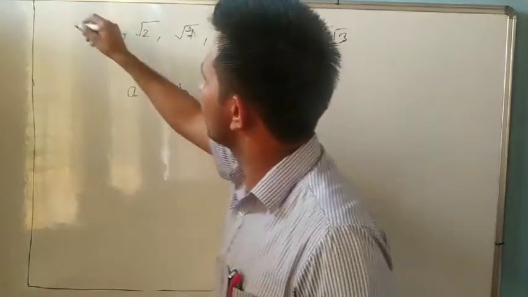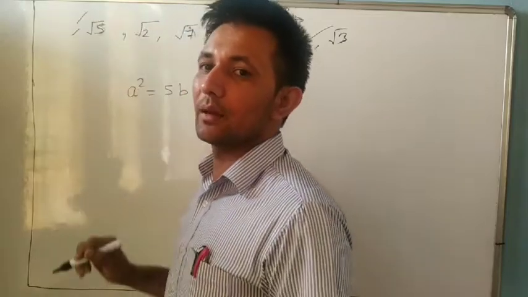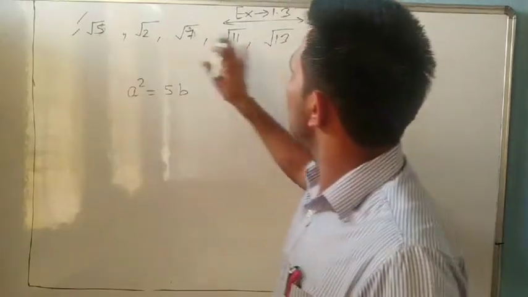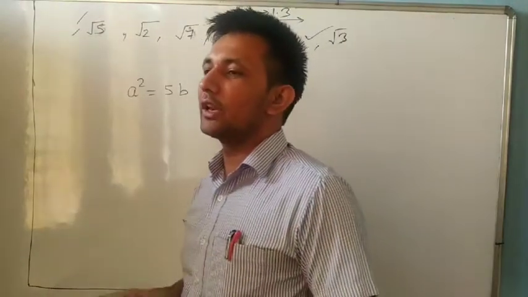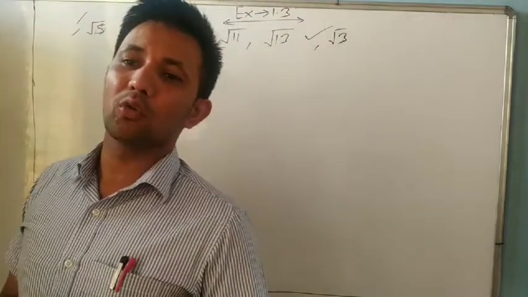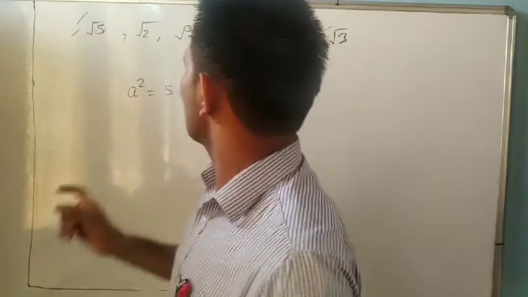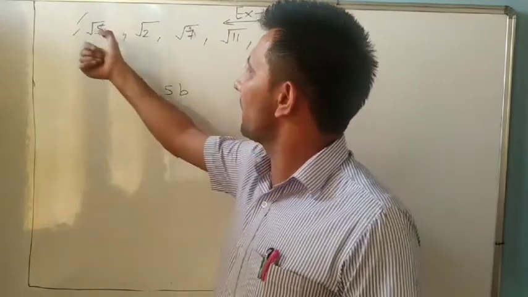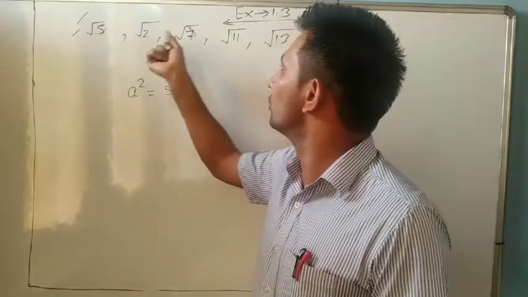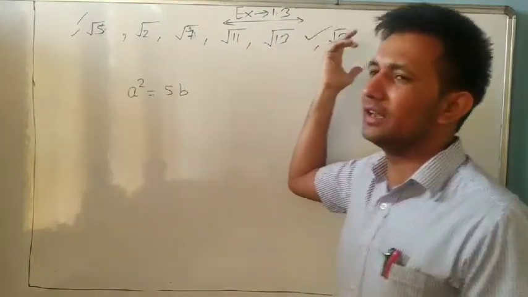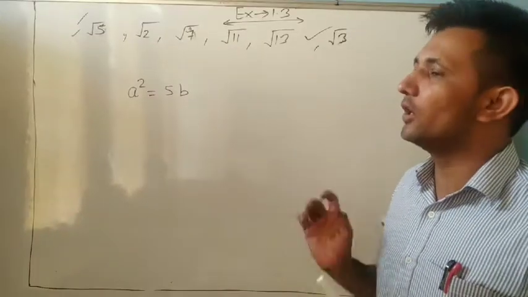In the last class, we already learned how to prove that root 2, root 3, root 5, root 7, root 11 and root 13 are irrational numbers. So always remember they all are irrational numbers. If any question comes with root 2, root 3, root 5, root 7, root 11, root 19, we will change only the previous example. In place of 5 we will change 2, 7, 11, 13 and 3 like this. Okay, only you have to change.